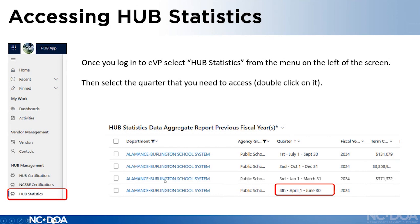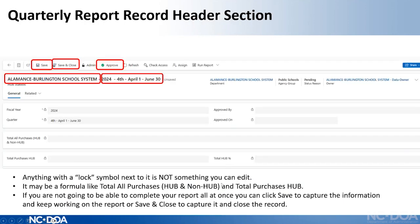Don't click on your department name. It will open a different screen. If you're trying to enter data, you don't want to click on your organization name. You want to click on another part of the row that's related to that quarter. Once you click on that row, it'll open up the report. It'll show your organization name up at the top several times, actually, and it'll show you what quarter that you're